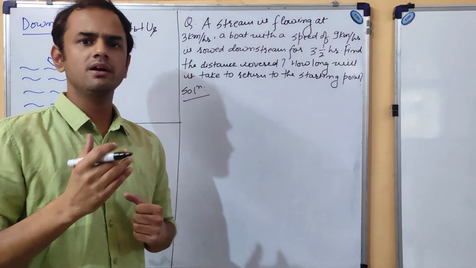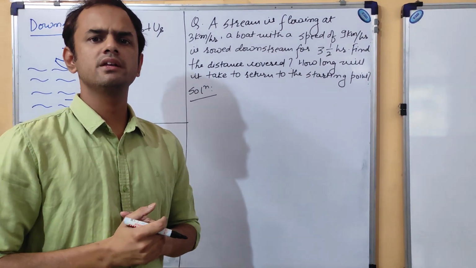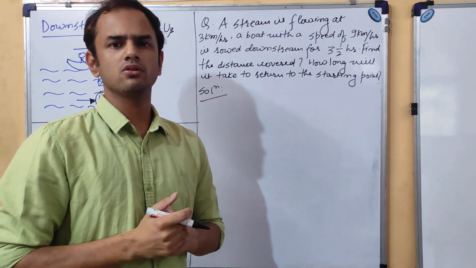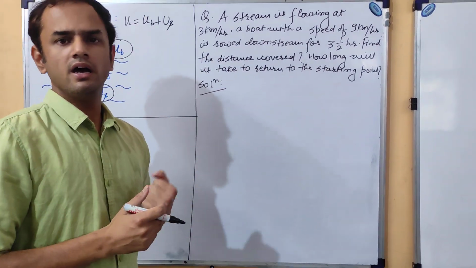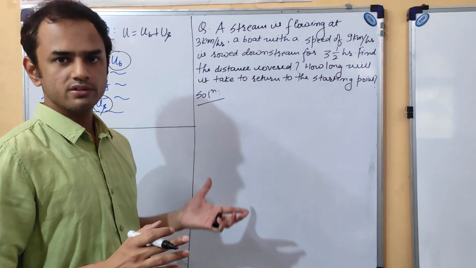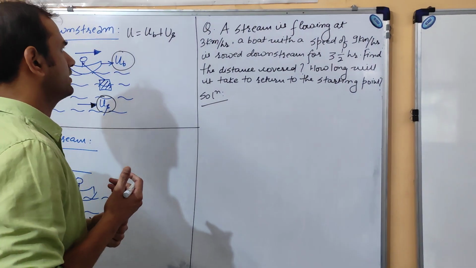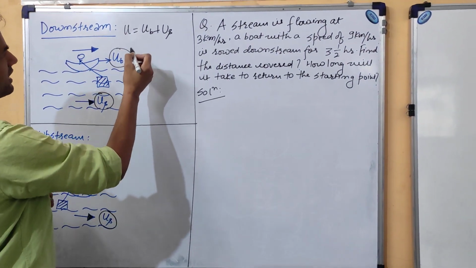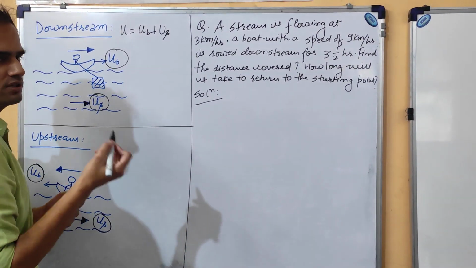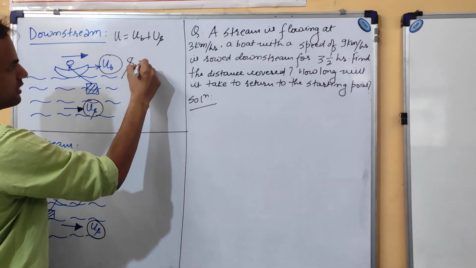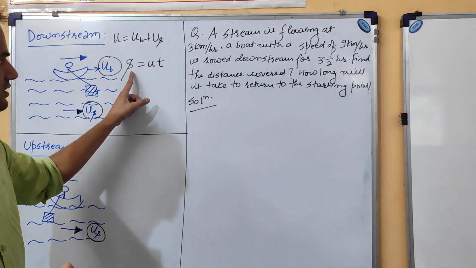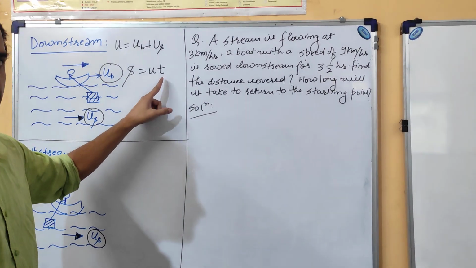One more thing, in upstream and downstream, in a lot of books you will find they use formulas and all those things. You don't have to remember a single formula in upstream and downstream. We'll just use the basic formula, that is distance equals speed into time, and with the help of that formula we'll solve the entire question based on this topic. Okay, so speed becomes speed of the boat plus speed of the stream, right? Now I'll use the basic formula, distance equals speed into time. Again I'm telling you, this S is for distance, this U is for speed, and T is for time.